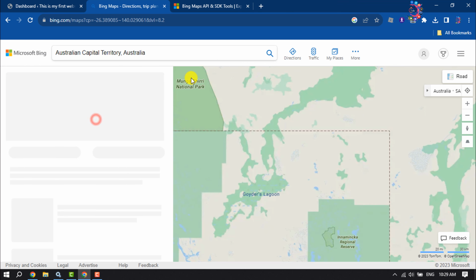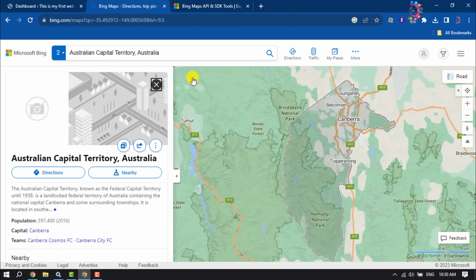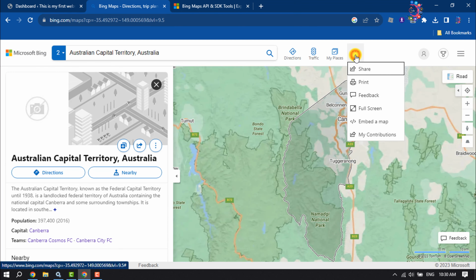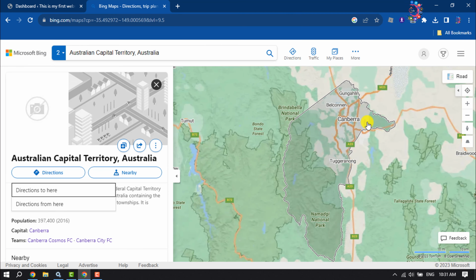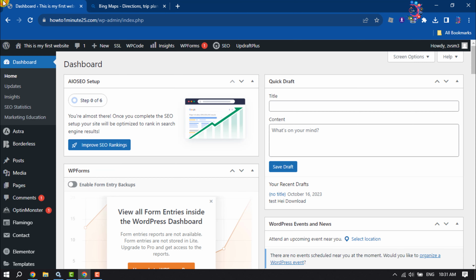Now search for the location. Once you get the location, click on More, click on Embed a map. And then you will get some codes. All you have to do is just copy your embed codes and go to your WordPress dashboard and go to